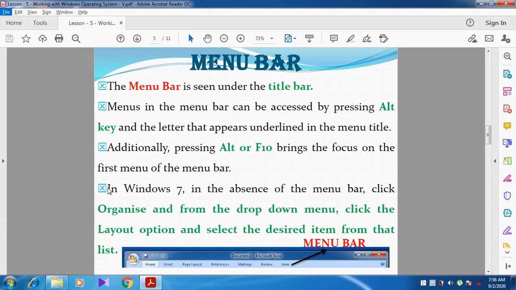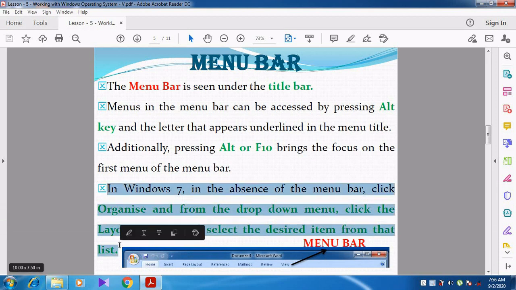Then in Windows 7, in the absence of the menu bar, click Organize from the drop-down menu, click the Layout option and select the desired item from that list. So whenever the menu bar is not displayed on the screen, click the Organize option, and from the drop-down menu select the Layout option and select the desired item from the list.